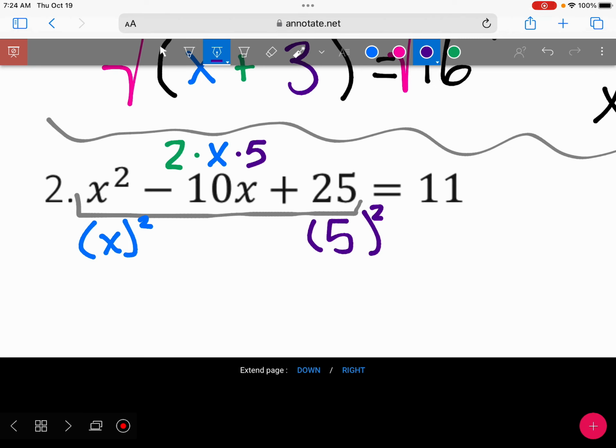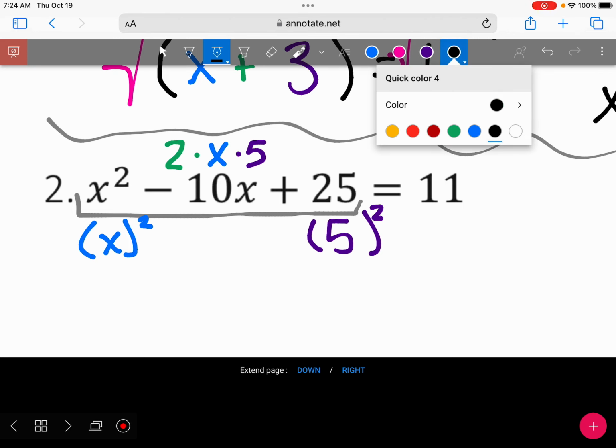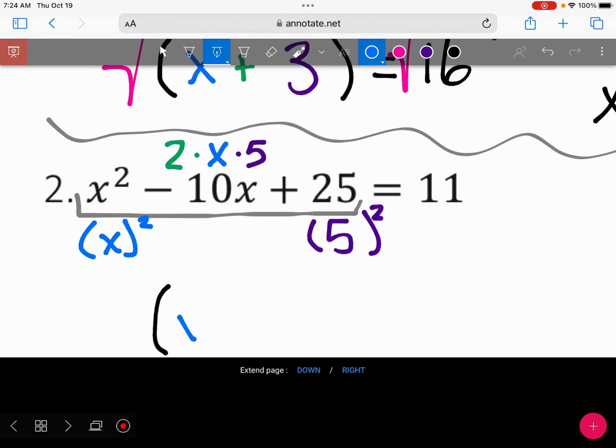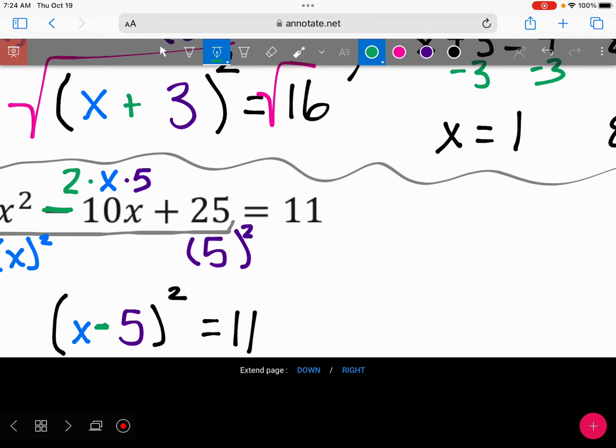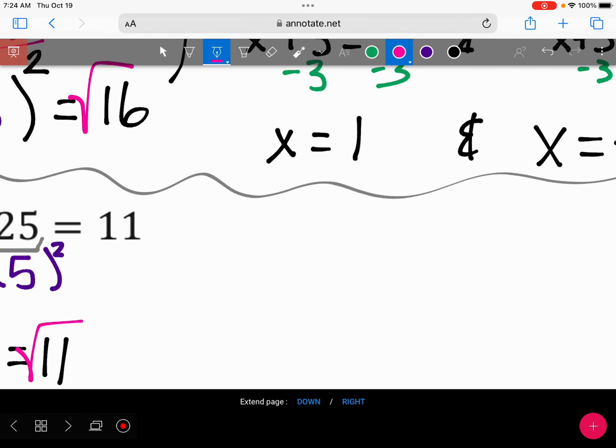So we can put this into our perfect square form. And I know I'm right at the bottom of the screen. We're going to have our x. We're going to have our 5. It all equals 11. And we use this operation here, so it's going to be x minus 5 squared. And then just like we did on the last one, we're going to go ahead and square root both sides, giving us that x minus 5